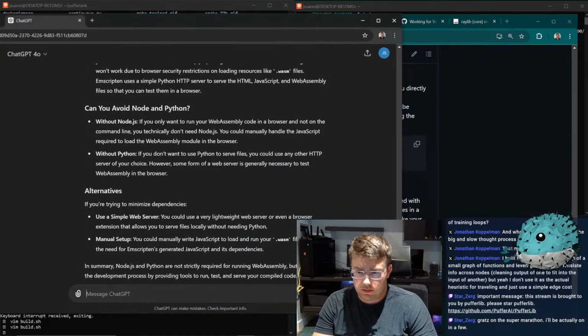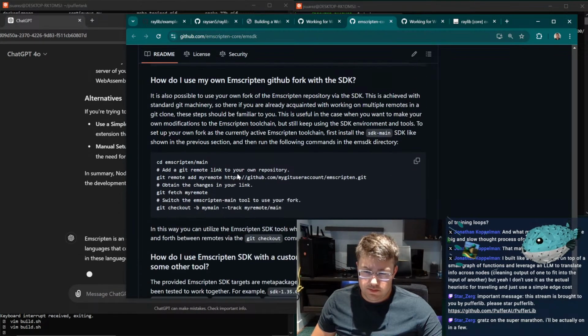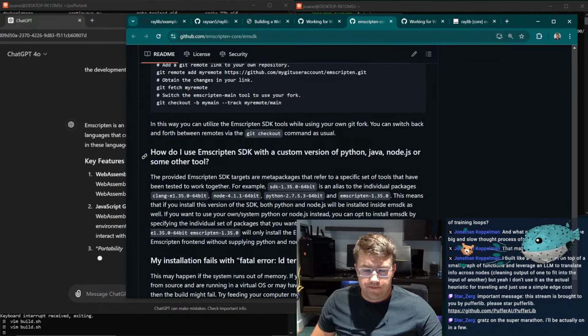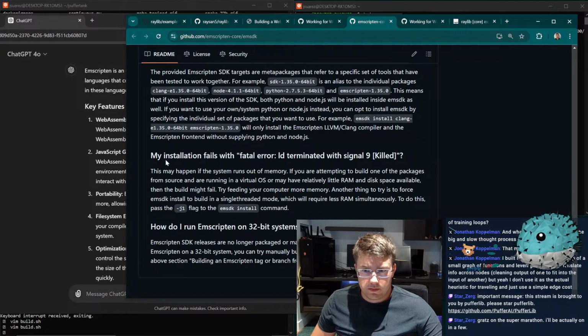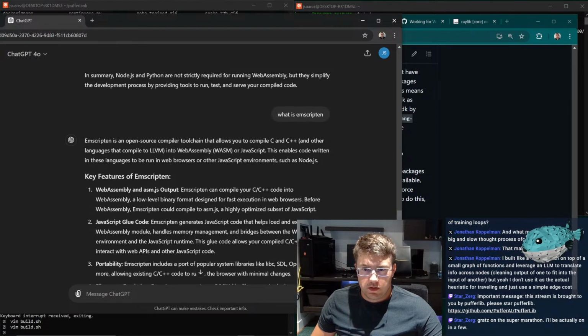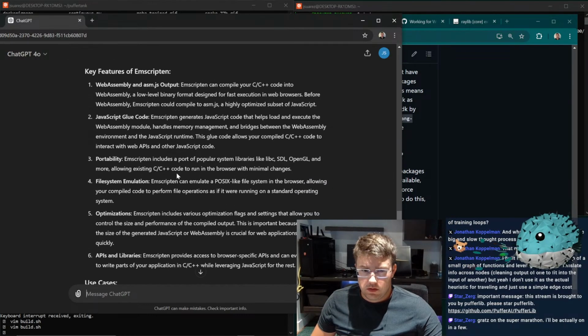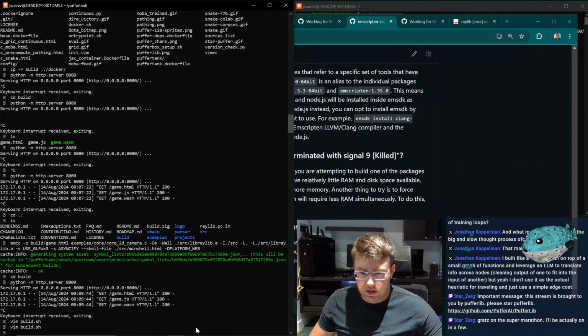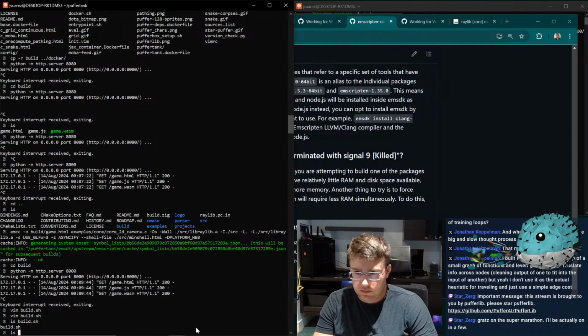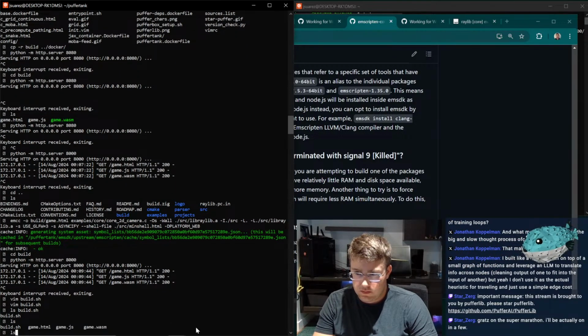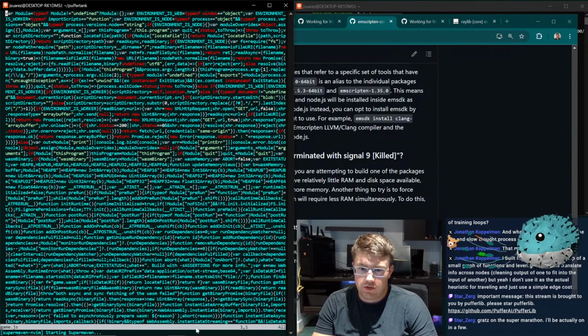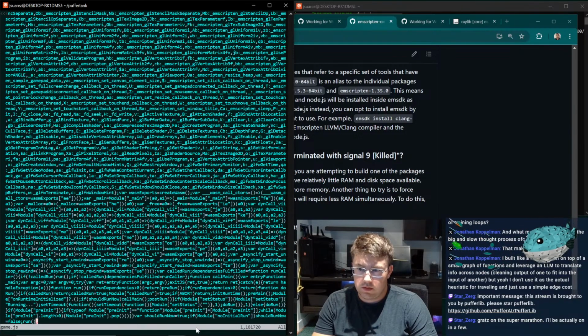Mscriptin. Compiler to WebAssembly. Does that mean I have Node code somewhere in here though? Like, game.js. Oh, geez. What the hell, right?